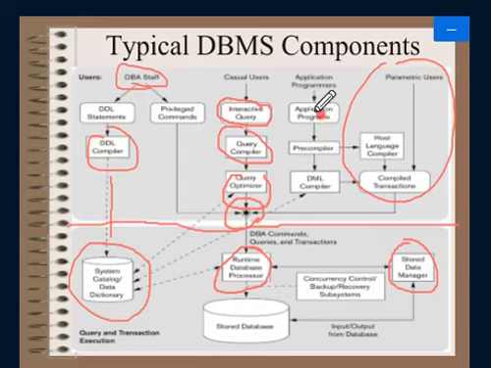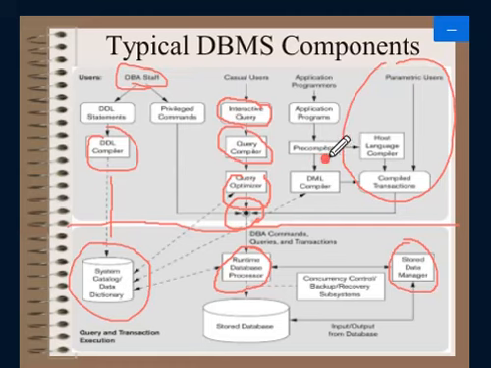So to handle this host language, we need a pre-compiler. So what will the pre-compiler do? The pre-compiler will extract the DML commands, because for our C compiler or Java compiler, DML statements are something new. Yes or no? They are not aware of what a DML statement is. So it has to be extracted from the host language. Only the high level language has to be passed to the compiler, our C compiler or C++ compiler or any high level language compiler. So that is the job of this pre-compiler.